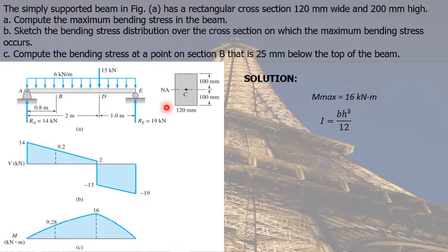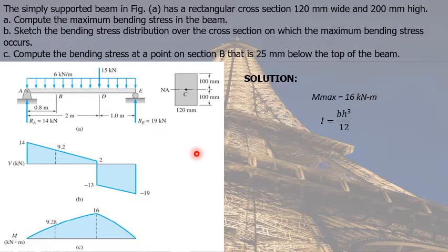We have a rectangular cross-section with a width of 120 millimeters and height of 200 millimeters. Since this is a symmetric cross-section, the neutral axis is the axis of symmetry, or the neutral axis coincides with the centroid of the rectangle, as shown in the